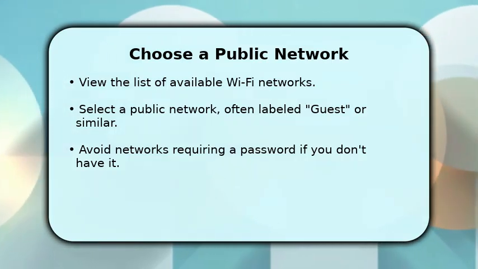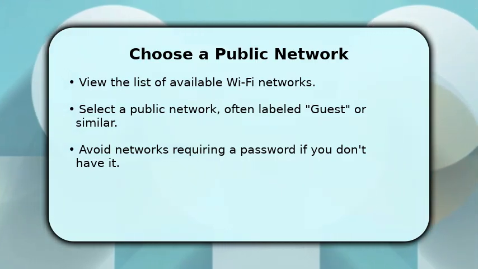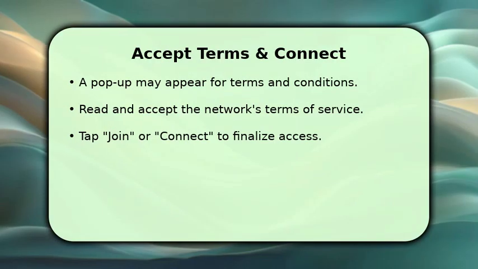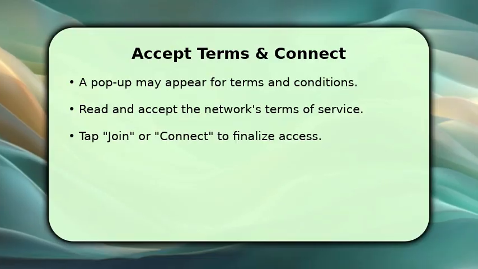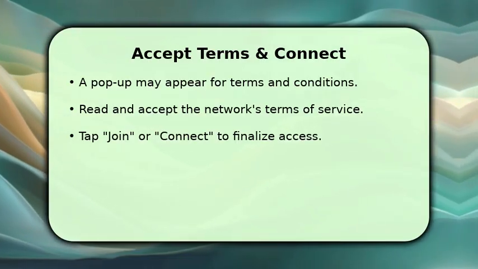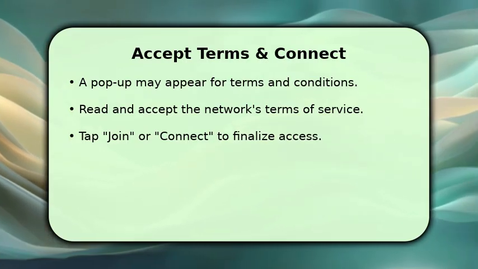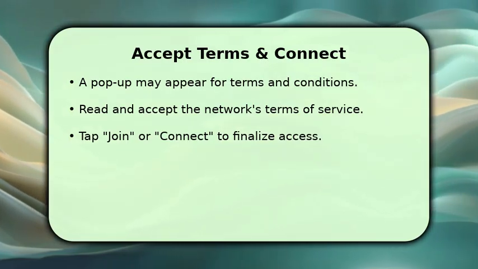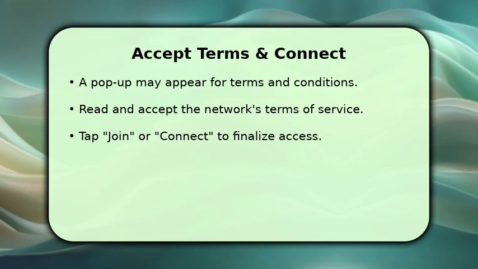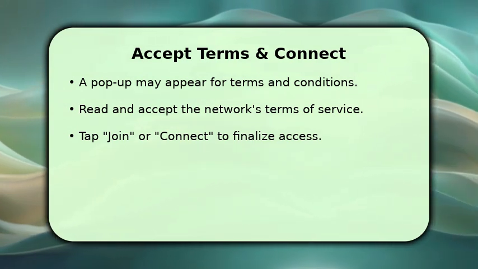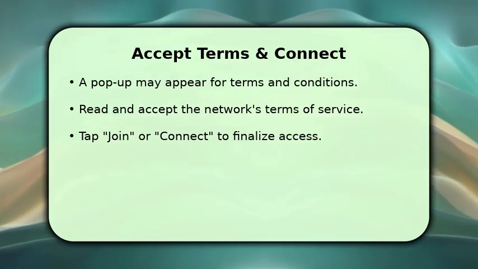Be cautious of networks that require a password unless you have been provided with it by the establishment. After selecting a network, your iPhone might automatically open a web page, often called a captive portal. This page usually asks you to accept terms and conditions, or sometimes to enter a simple detail like an email address. Read through the prompts, agree to the terms, and then tap the Join or Connect button to gain internet